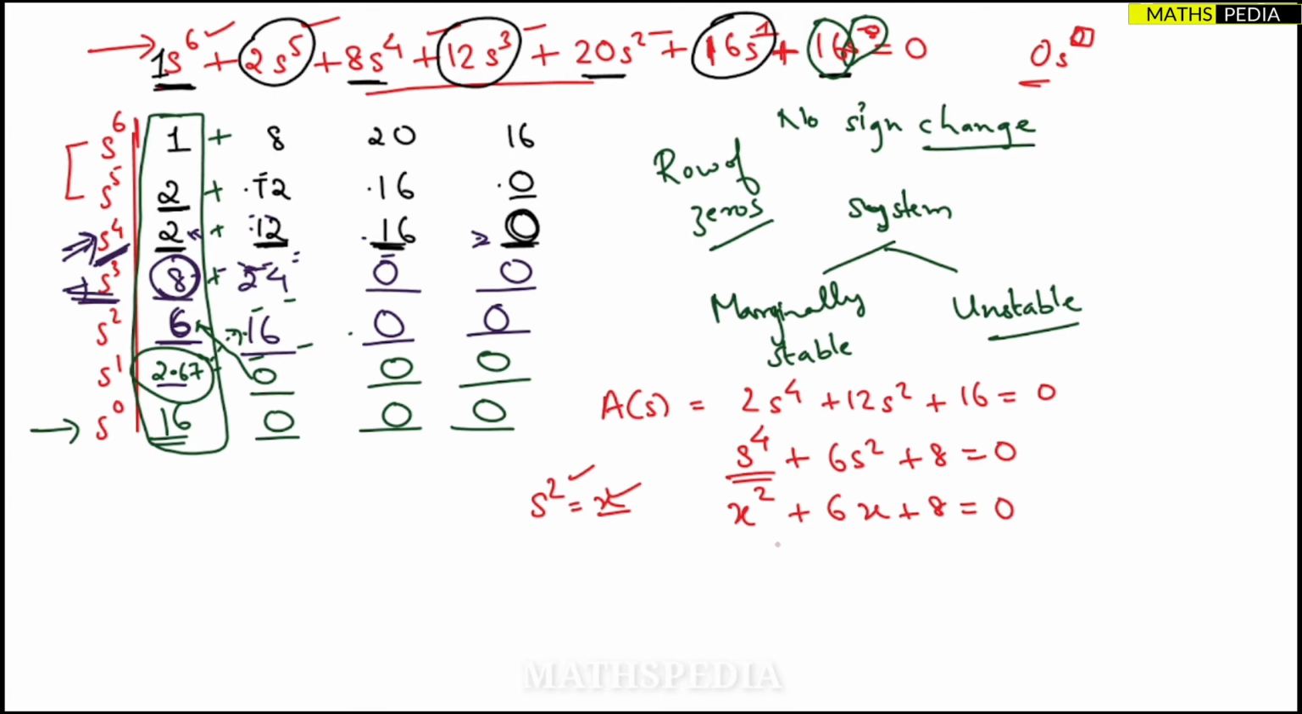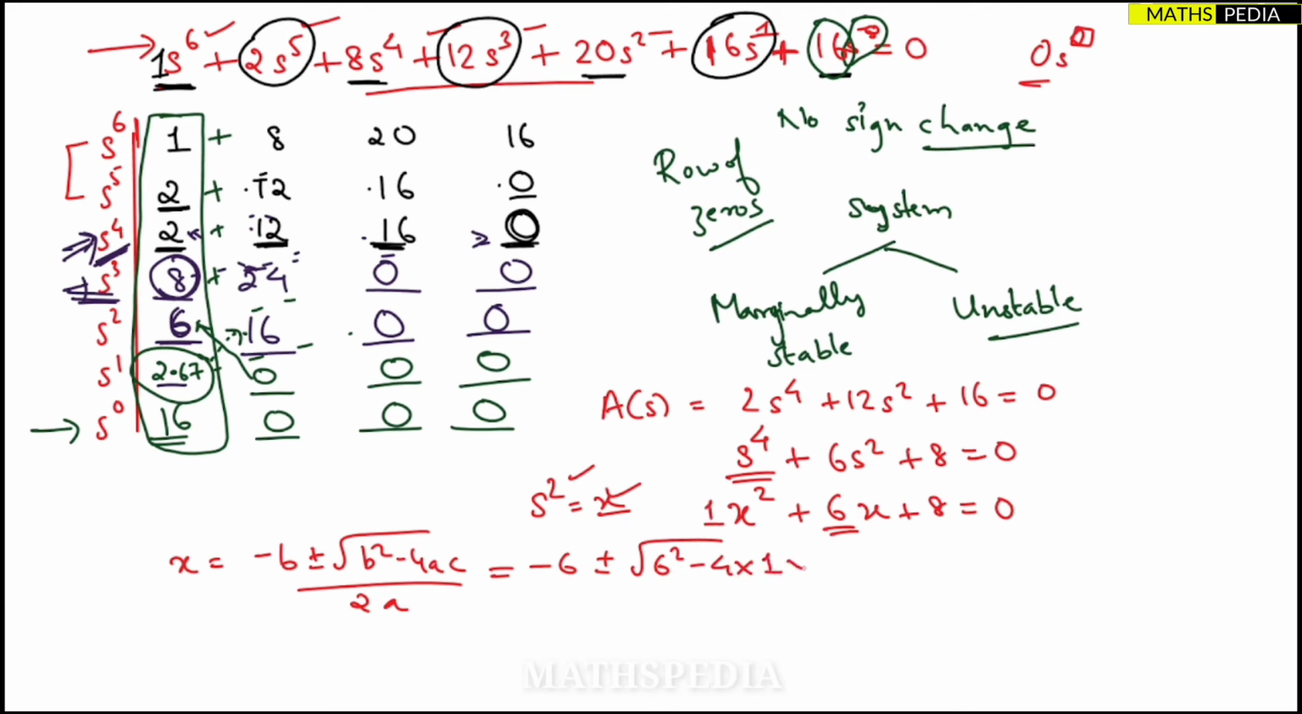Simple. Okay, now x square plus 6x plus 8 equal to 0, I can solve. Basically, x is equal to minus b plus or minus square root of b square minus 4ac by 2a, the quadratic formula, through which I can solve. What is b? It is 6. So minus 6 plus or minus square root of 6 square minus 4 into a value is 1 into c value is 8, correct, divided by 2 into 1, that becomes minus 6 plus or minus square root